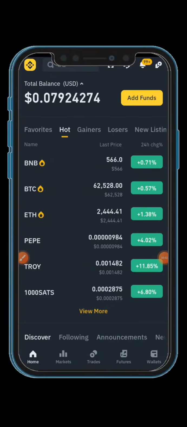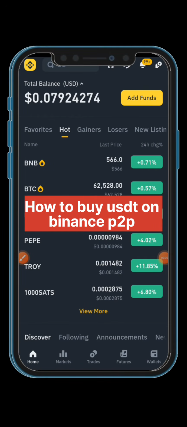Hey guys, in this video I'm sharing with you a step-by-step guide on how to buy USDT on Binance P2P in Uganda